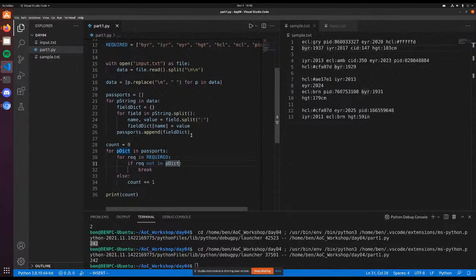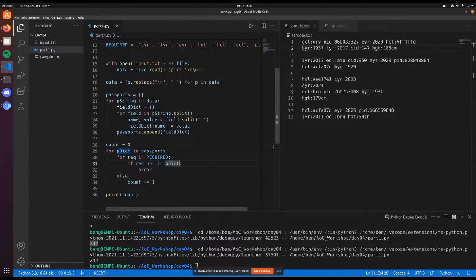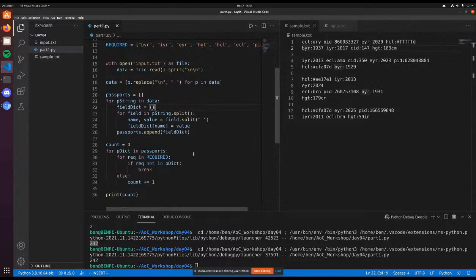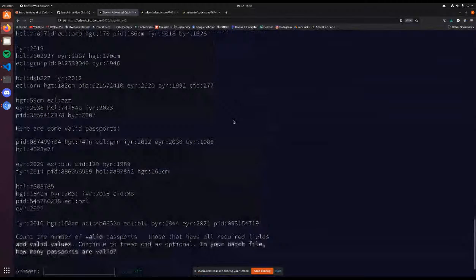Again, there are lots of different solutions. There might be a better built-in Python approach for doing something like this that I don't know about. But this was what came to my mind, and I'd say it's pretty Pythonic in terms of iterating over the actual data itself, not iterating over ranges of numbers and indexing things, using dictionaries to our advantage. And we didn't need to save things to a dictionary at each step, like I said earlier, but we're going to see in part 2 that that is actually useful. So if we go ahead and move on to part 2,